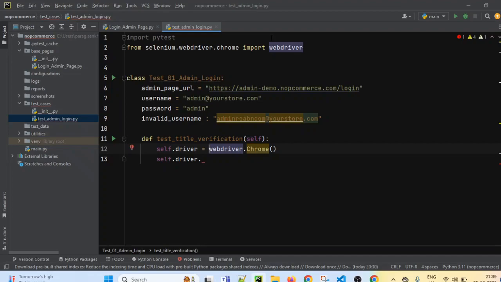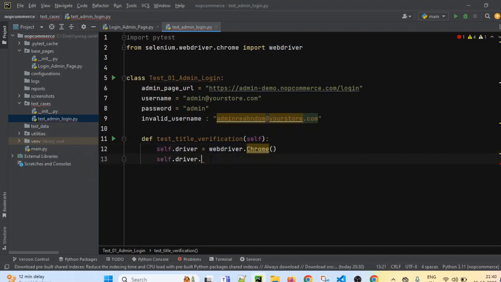We have to verify the title of the web page. So we have to now open the URL, right? After creating self.driver equals to webdriver.Chrome, we now have to get the browser URL open.